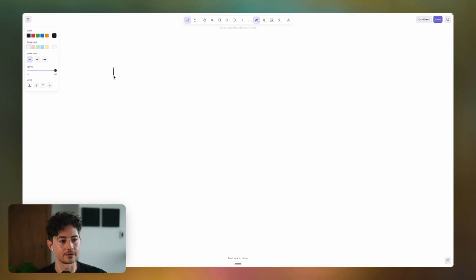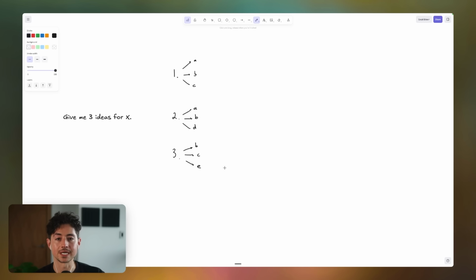For instance, let's say I run it 3 times, 1, 2, and 3. If I run a query that at the very beginning says, give me 3 ideas for X, on the very first time we might get idea A, idea B, and idea C. If we were to hypothetically run this again, we'd probably get idea A, idea B, but just due to statistical variation, there is a chance that on the second run, it won't deliver idea C at all. It'll actually deliver idea D. And on the third run, maybe we get B, maybe we get C, and then maybe we also get E.